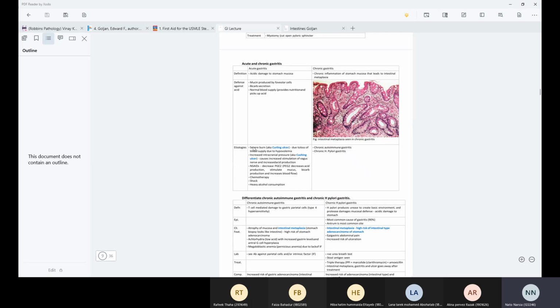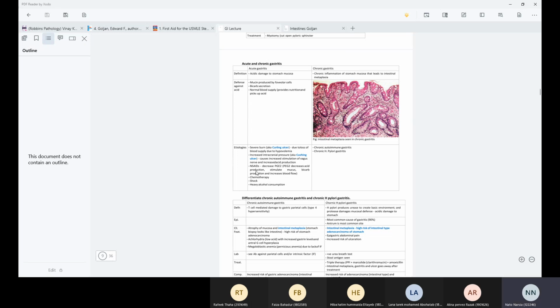Guys, also in acute gastritis, I forgot to mention what type of damage you find on the epithelium. You might have superficial inflammation, or you might have erosion, and you might have also